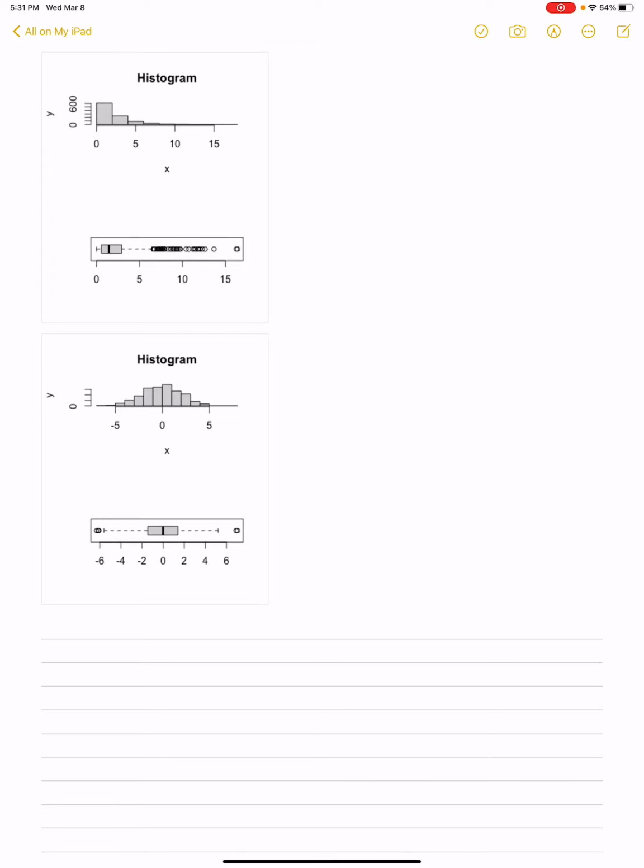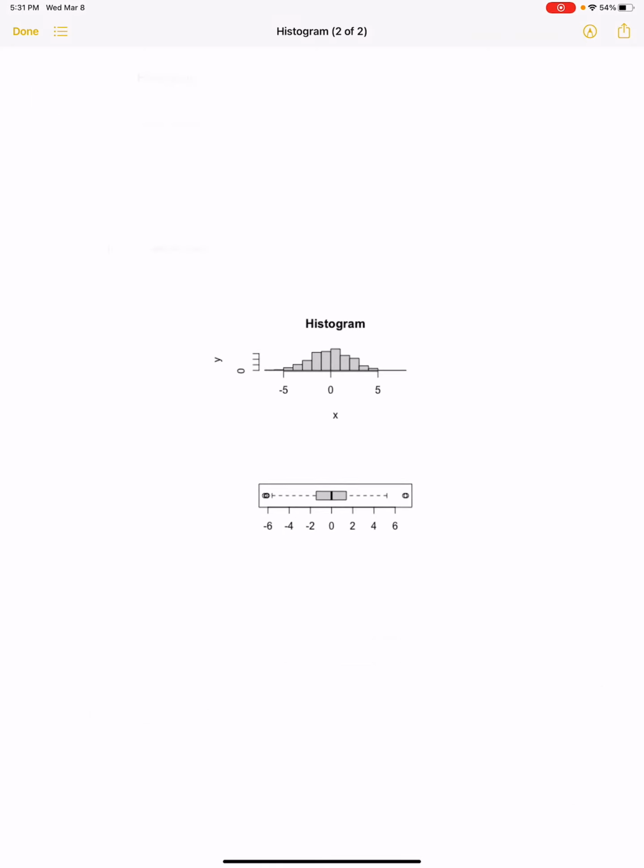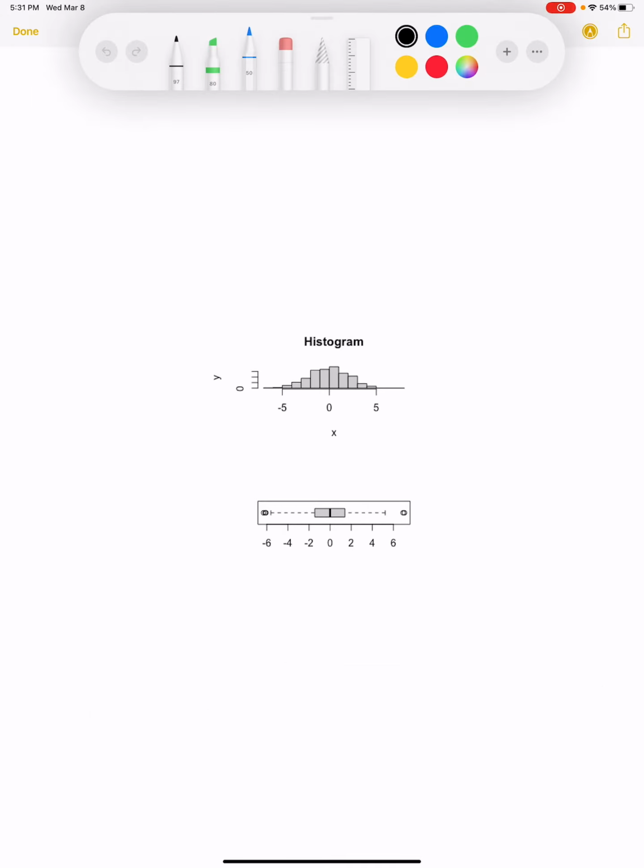Today I'm going to consider two examples of the connection between histograms and a box plot. They convey similar information but in different ways. So this bottom histogram is of a normal distribution. I'm just going to point that out. So this is for a normal distribution, and we can see that this box plot, right,